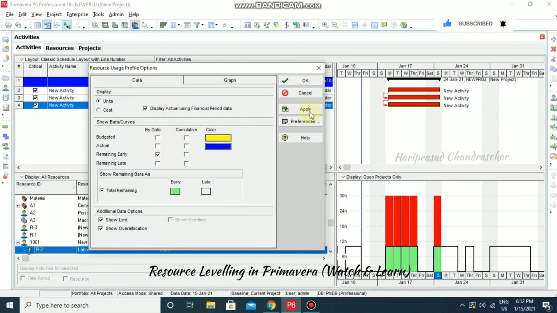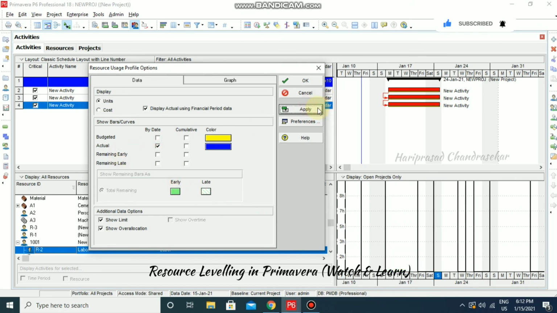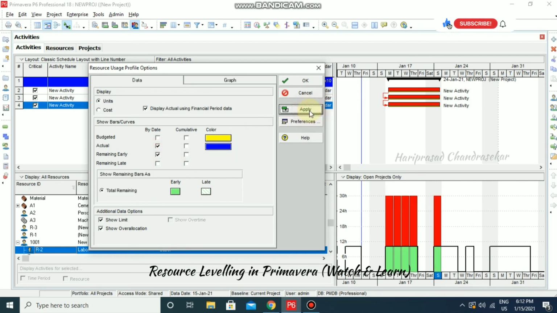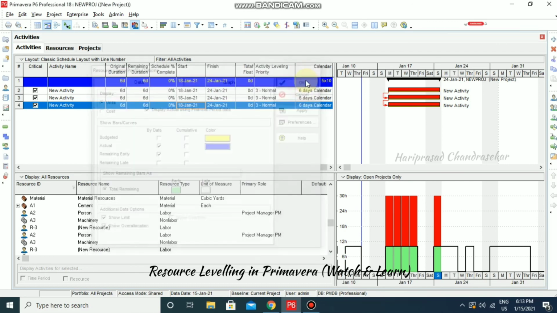I'm just going to apply. This is not showing the actual; when you apply, it shows the actual. I'm removing the remaining early, and it just goes like that. So you should select remaining early and then apply. By default, you need to select these two and also these two. Then you can apply and then click OK.